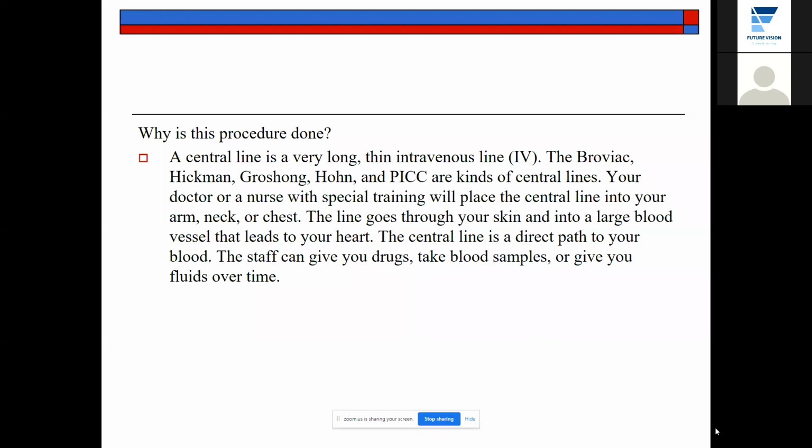We can take blood at any time for investigation and we could administer a fluid and a medication in case the patient becomes in a high or in a risky condition. وضحت؟ clear قبل ما أنتهي. فإذا شفتوا clear the role of the central line. عرفتوا شو هو السنترال لاين؟ Thank you.